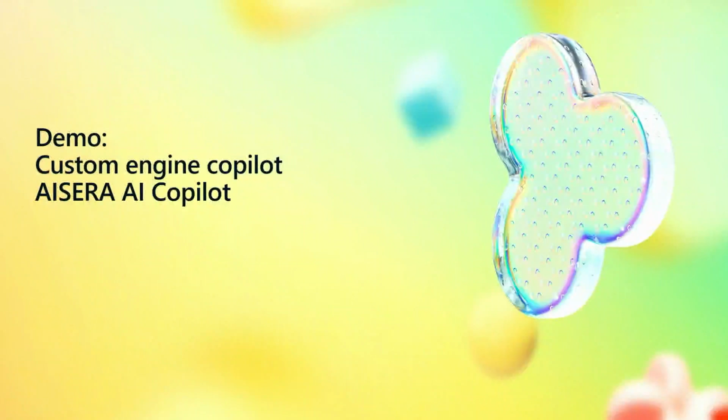Let's look at the example of a custom engine copilot deployed by Icera. In this scenario, the reason why Icera, who call it Icera AI Copilot, did a custom engine is because they have custom automation built into a backend system for many, many APIs. So it's way more beneficial for them to build a copilot encapsulation on top, which instantiates that backend, instead of trying to build plugins for every single API.